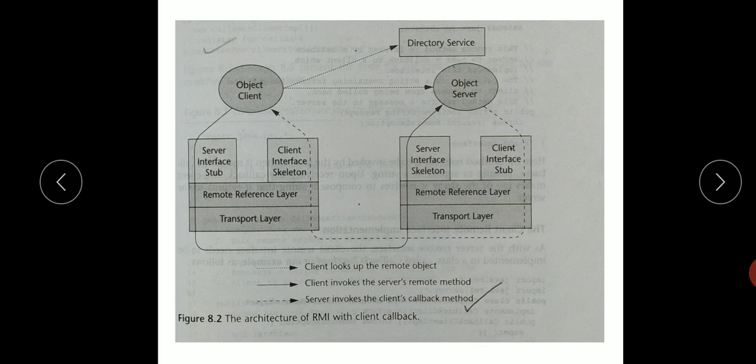The client remote interface provides a remote method that can be invoked by the server for the callback. See, this is the architecture of RMI with the client callback. So the architecture of RMI with client callback is called advanced RMI. Okay, in the previous chapter we have seen the basic RMI architecture, but the advanced RMI or RMI with client